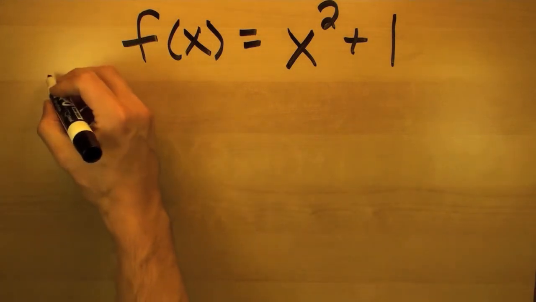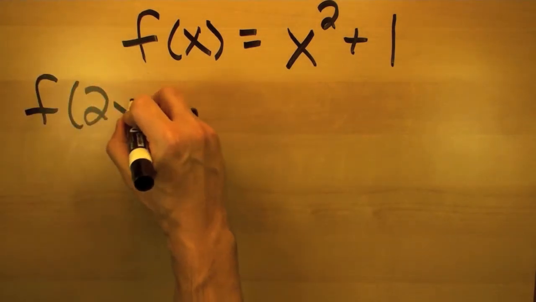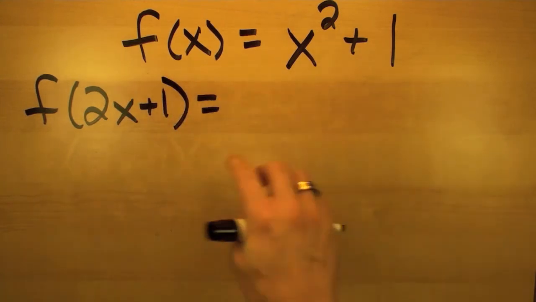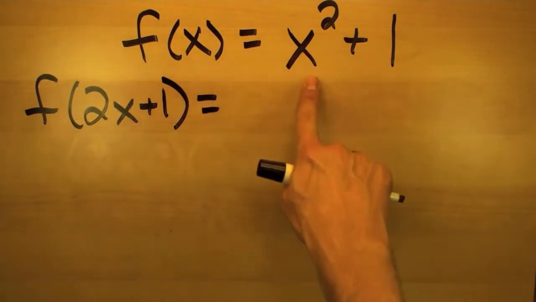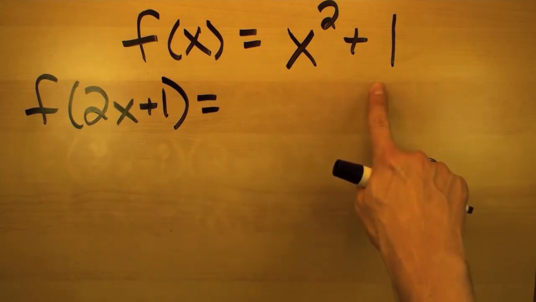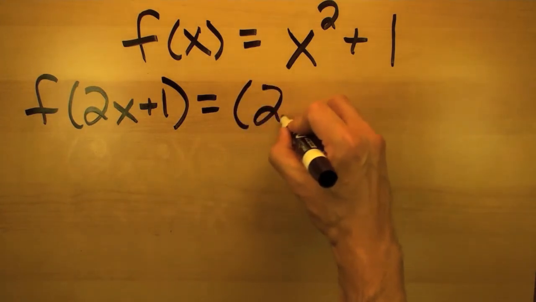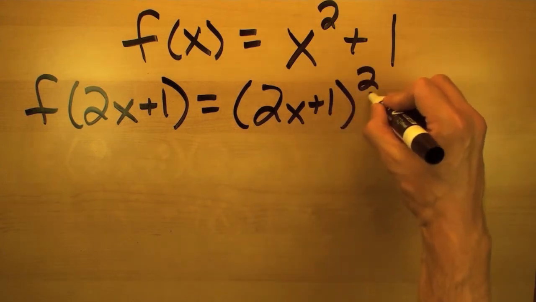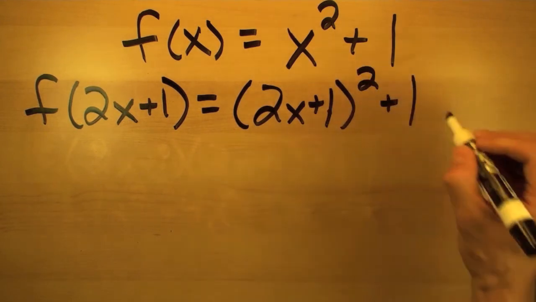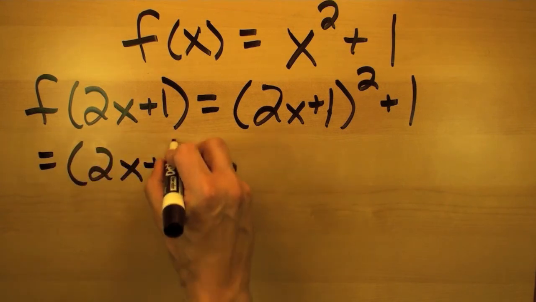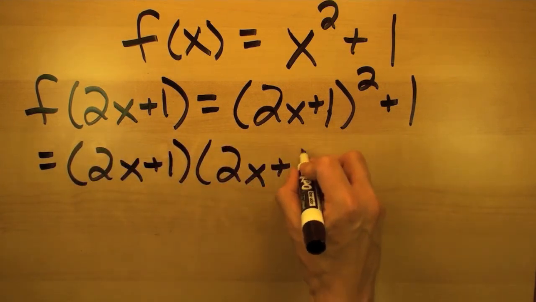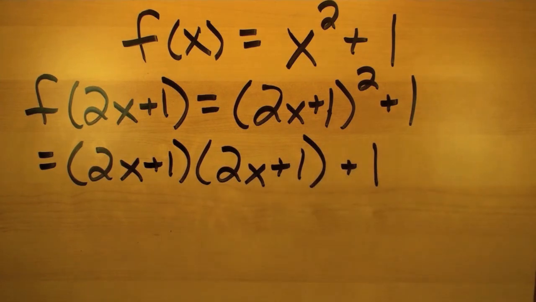And if we want to see what f of 2x plus 1 would be, well, this is our input, 2x plus 1, so we substitute that for x everywhere x occurs in the rule. So this would be 2x plus 1 squared plus 1, which is 2x plus 1 times 2x plus 1, plus 1,